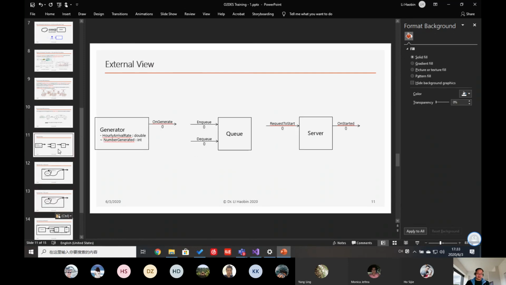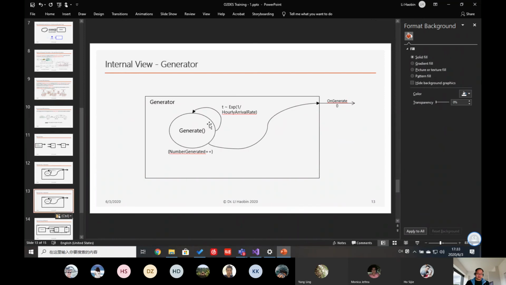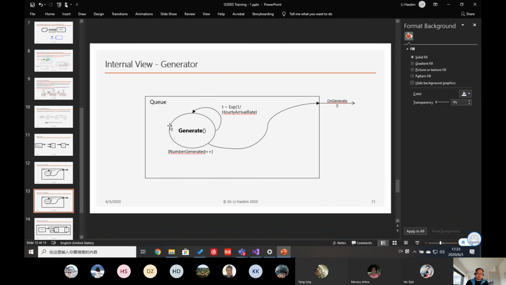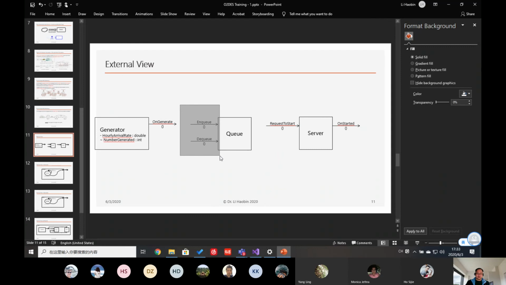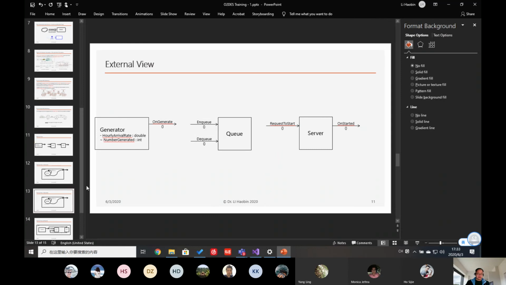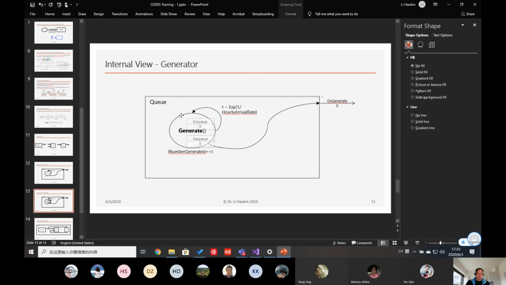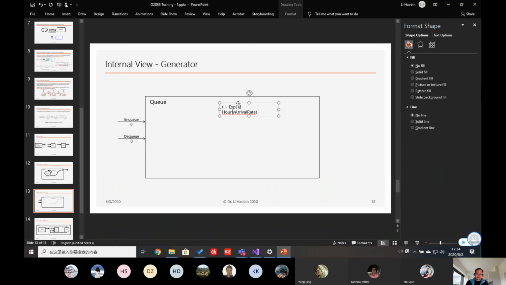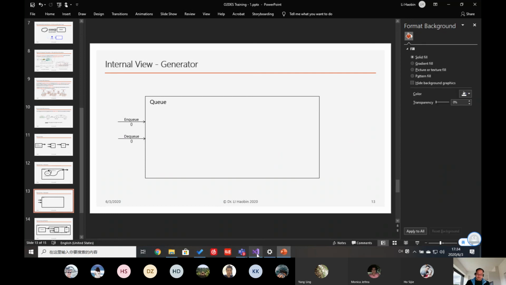Okay, so the second one will be the queue. So let's see this queue. Okay, this is actually the queue. Then what the queue has is the two input events. One is enqueue, the other one is dequeue. Okay, so we delete this one first. Okay, then we see that for